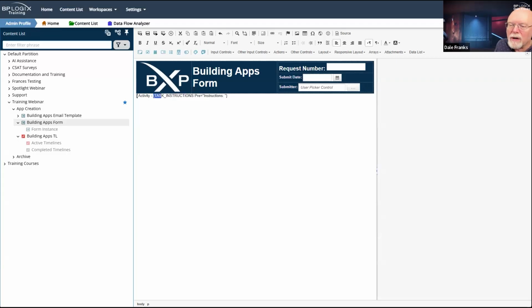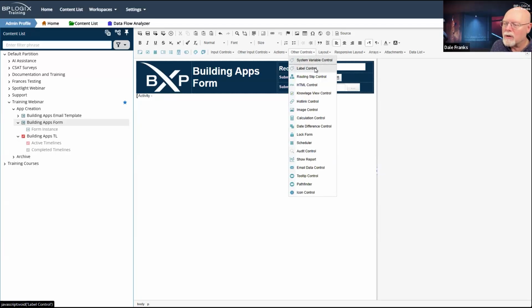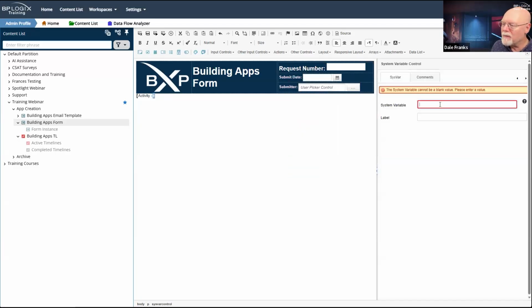my instructions system variable. I did not throw in a curly bracket. I threw in a, well, that's a square bracket. Ultimately, I will get the bracket I want. I'm just going to go ahead and cut this, and I didn't want to cut that much of it, but we'll go back in and go to other controls, and we'll grab our system variable control.